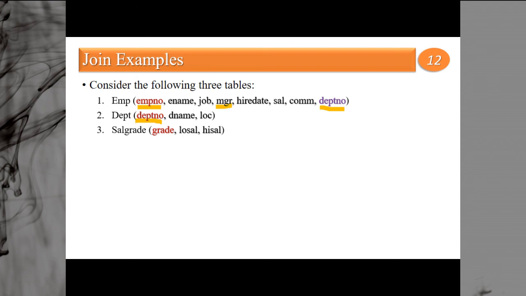So these are the three tables, and on the basis of these three tables I am just going to discuss only three join cases, and they will explain all your natural join, non-natural join, equijoin, non-equijoin, as well as your self join, all the things. Only three queries and the three joins will be explained.